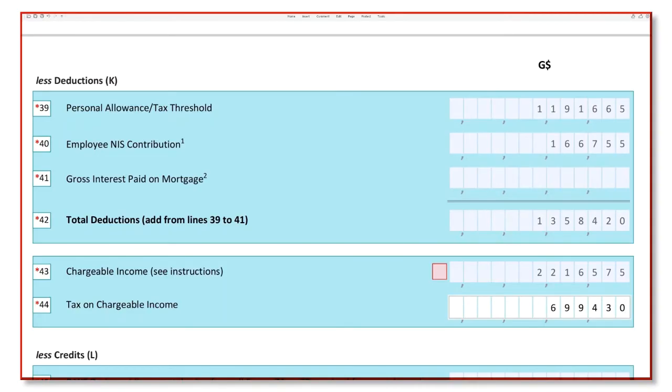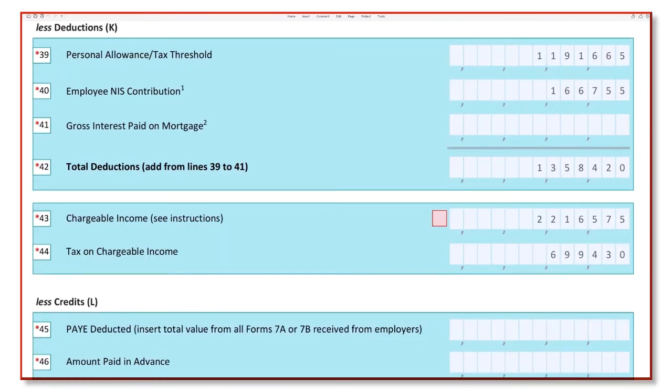In line 44, calculate the appropriate tax rate. From year of assessment 2020 to present, it is 28% on the first $1,560,000 of chargeable income and 40% on the remainder of that amount. Therefore, John's tax on chargeable income is